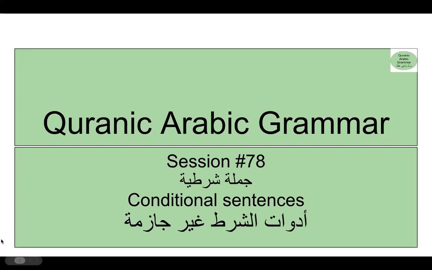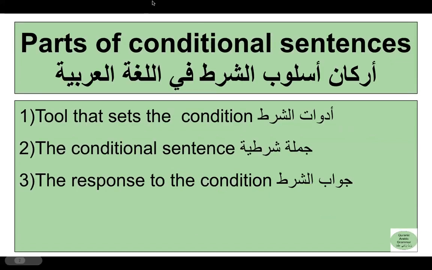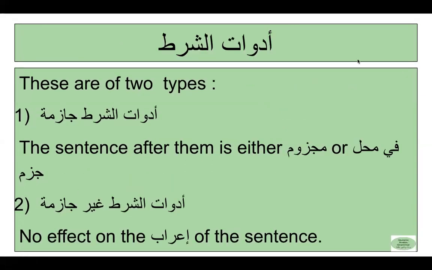Is it clear to everyone? Because we call them jazima: these work, and make whatever comes after them majzoom. So we can rightfully say that the sentence after them is either majzoom or it is fi